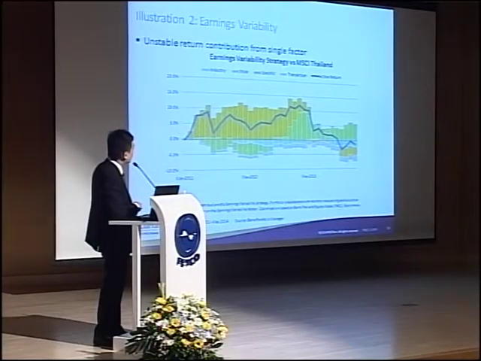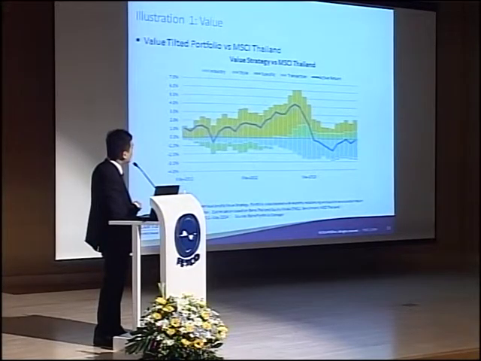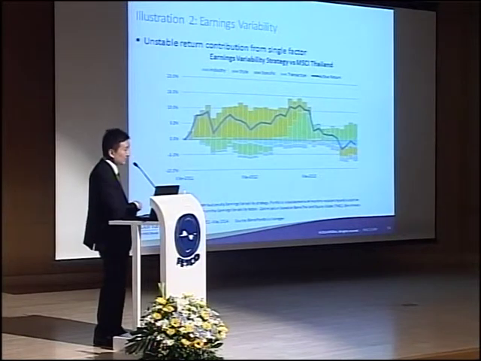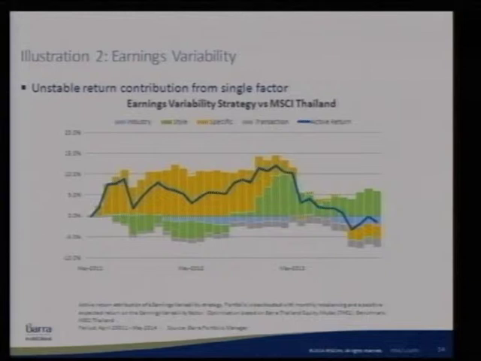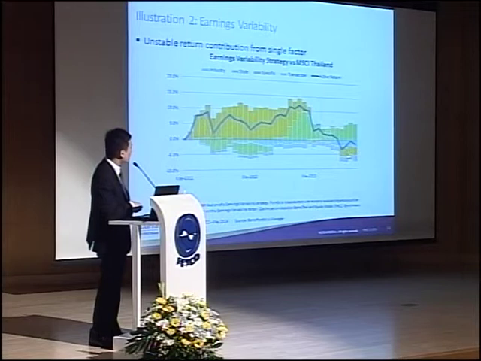The next strategy is an earnings variability strategy. If you compare them more carefully, they may actually look somewhat negatively correlated on a month by month basis. Overall, the whole trend seems to be somewhat similar, but a small difference, a similarity here is that in both cases, we have somewhat